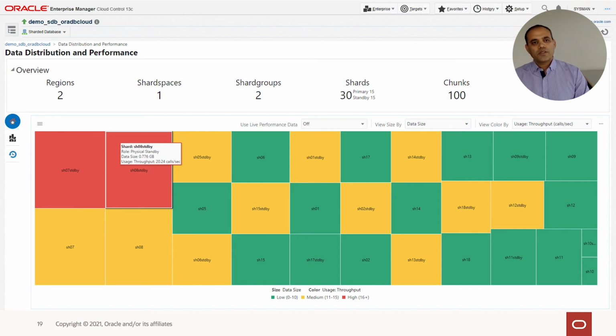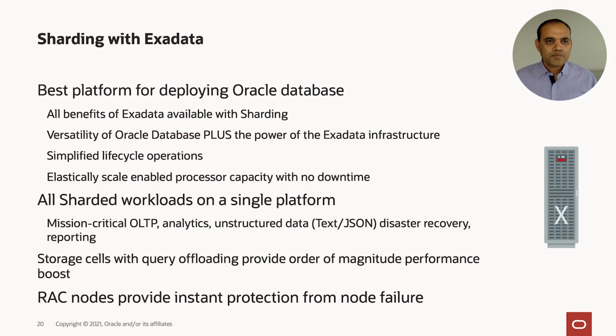We can look into the entire sharded database holistically as one logical database, as well as drill down into a specific shard or a specific chunk. We can see which shards are running hot, and within a shard which chunks are hot, and by hot I mean they have a lot of queries or are growing in data size, and probably need additional capacity.